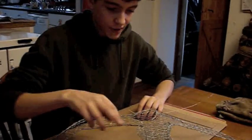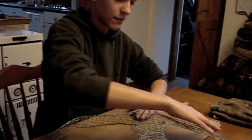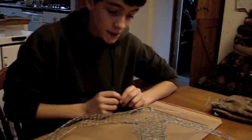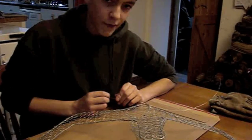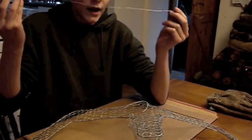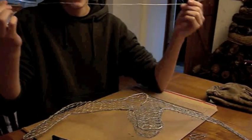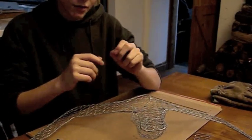Okay guys, so what I've done now is stuck the body part of the armature to the main bigger wings and body part of the armature. Because it's only temporarily fixed there, we're going to make it more of a fixture by using this wire. Just fine wire, any really fine wire like mains wire, anything you can find. Now we're actually going to sort of sew